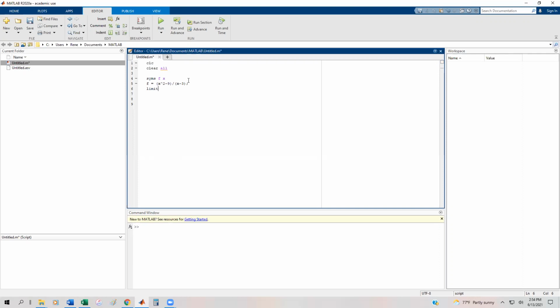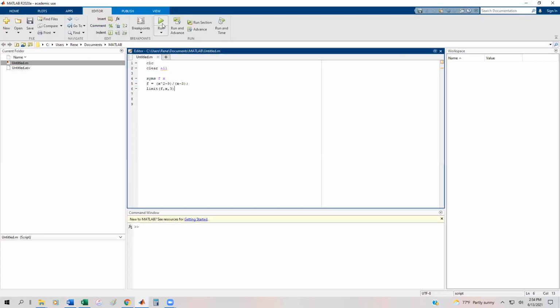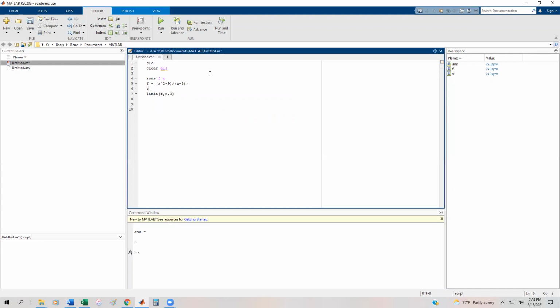Now I'm going to take the limit of f, which is comprised of the variable x, as it approaches the value 3. And where am I getting 3 from? Well, back in the problem, it says x approaches 3. So I'm going to go ahead and execute this. And remember, we did it in our heads and we got 6, and the answer is 6. So either I got really lucky and guessed really well, or I knew what the answer was going to be. We could also do an easy plot